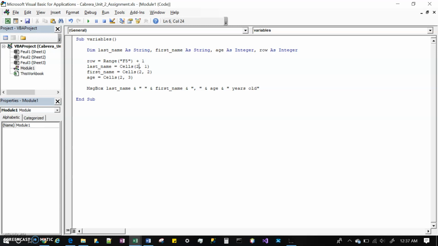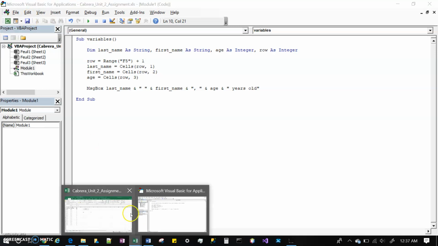Now this doesn't do anything without changing the actual twos into rows as well. So we're going to change those to row. Again, it should populate the number that we put in, so 5 and then +1. In reality, what this is doing is, instead of row, if we use number 5 like it does in the example, this would truly be a 6, but we're just using the declared variable instead. So we can change that number inside that block in F5, and then it'll change every time instead of being stuck to just 6. So I'll go in here and I'll save this,